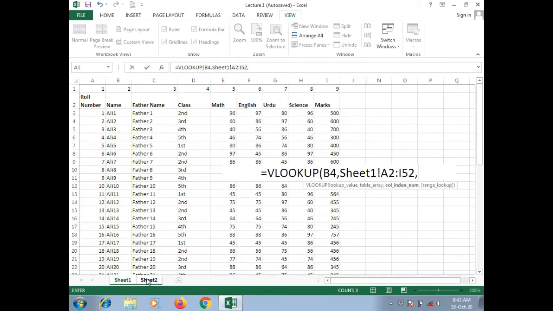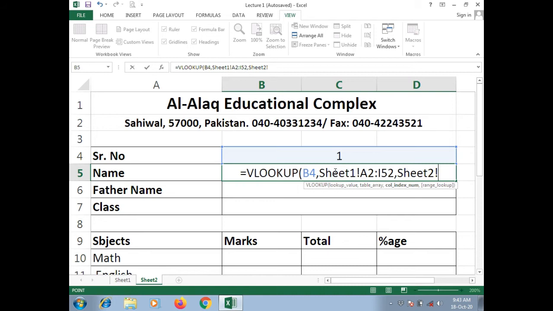You can see Sheet1 A2:I52. So this is the table array, Sheet 1. It means the B4 value will be searched in Sheet 1, in the table A2:I52.